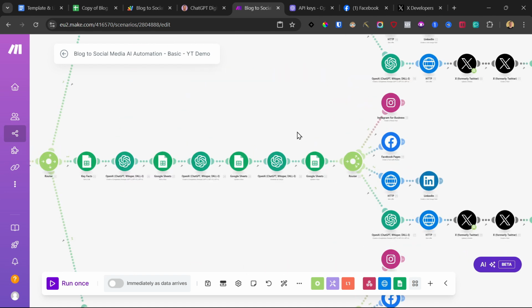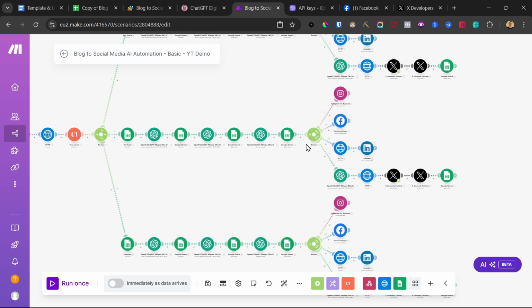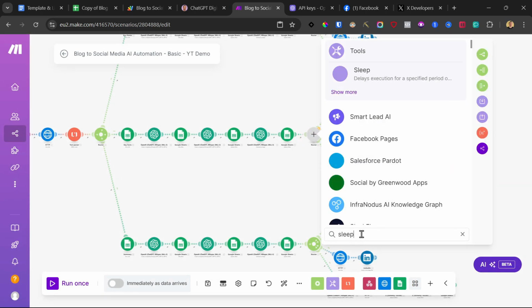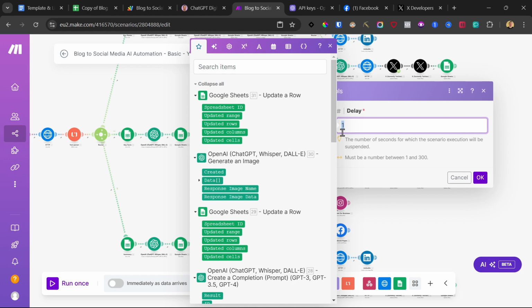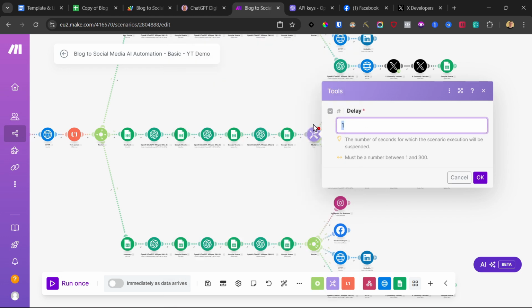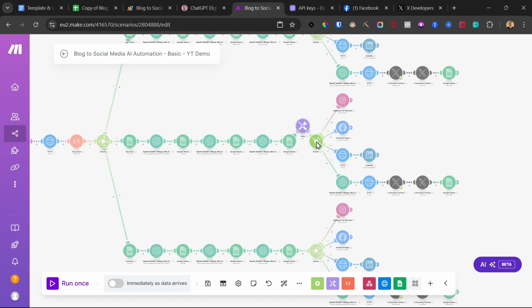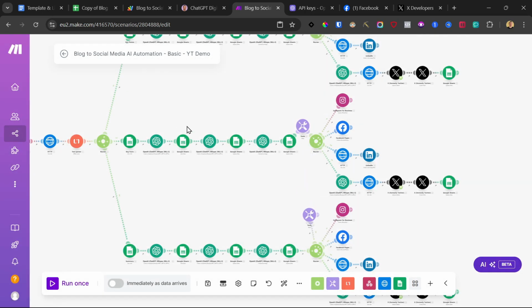Okay, there is a small change I would add because right now there are 3 posts generated and published at the same time. So I would space it out a little bit. So I would unlink this and I would add a sleep module, which delays the publication. I can type in a maximum of 300 seconds, so that's like 5 minutes. So I type in 300. But first, we'll do a test, so we'll only do 1 second. And once the test has worked, we will change it to 5 minutes, so then these posts are at least generated